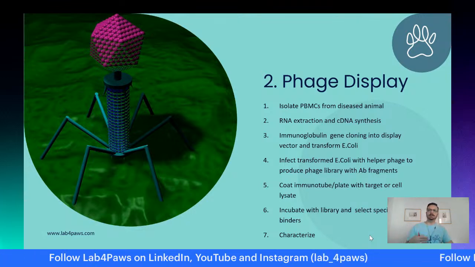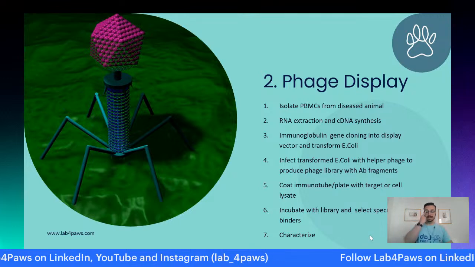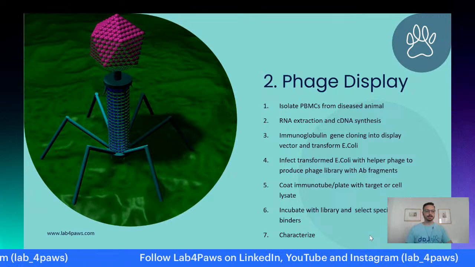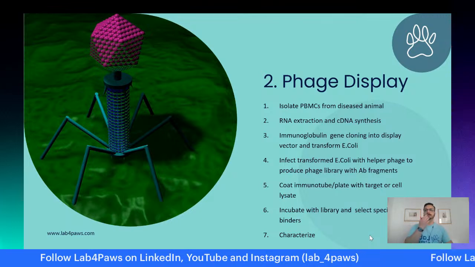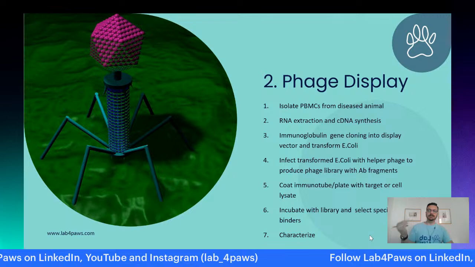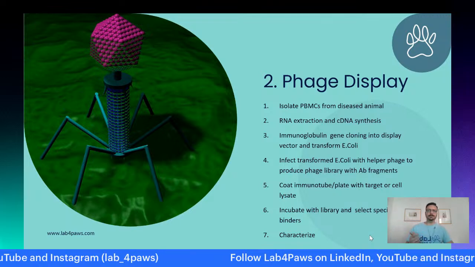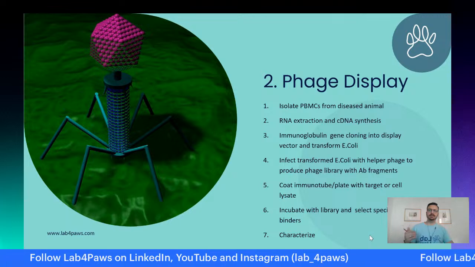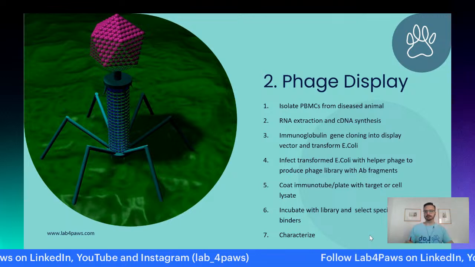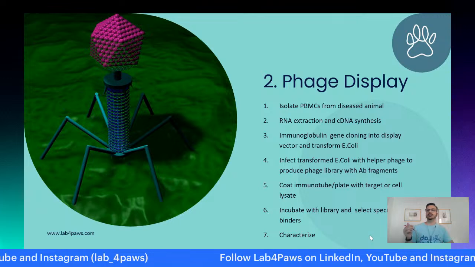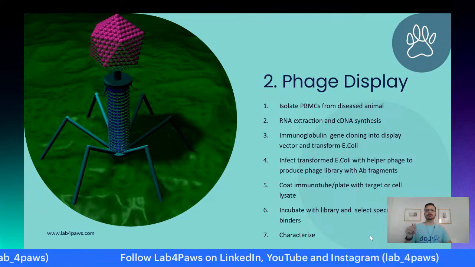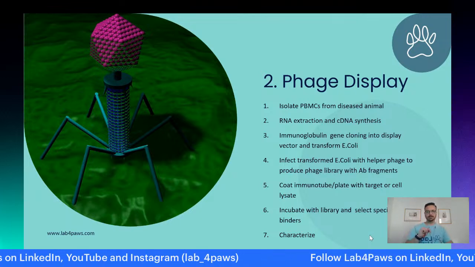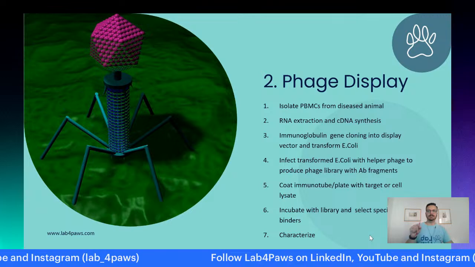Most of the time we start with PBMCs from, for example, animals that would have a particular disease or a particular tumor, and we would take the PBMCs, isolate the RNA, and from the RNA we would produce the cDNA. From the cDNA, we would clone the immunoglobulin genes into a display vector, and with this display vector, we